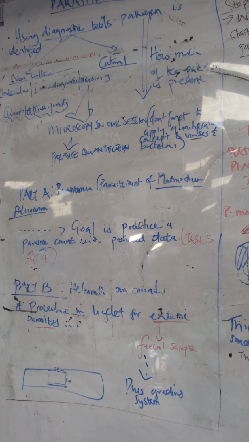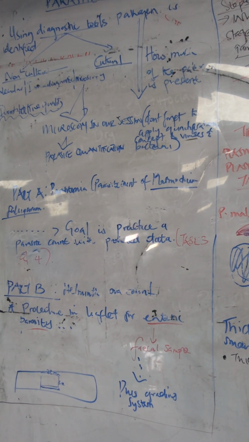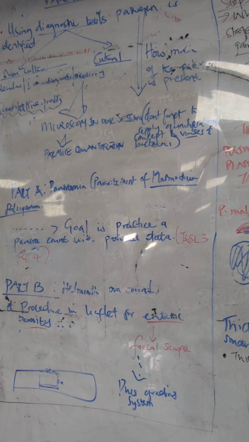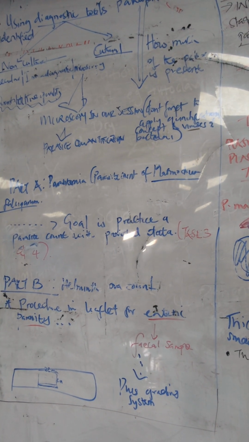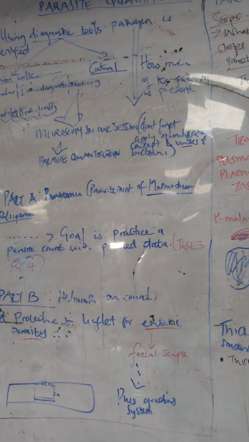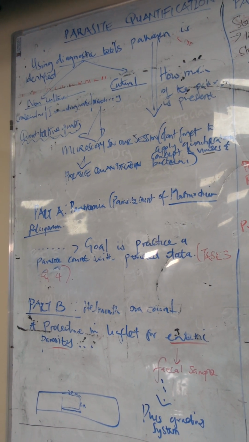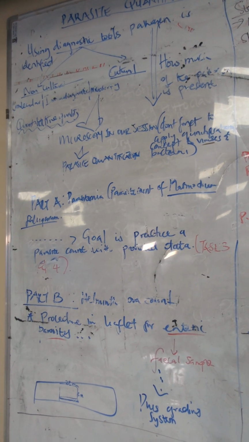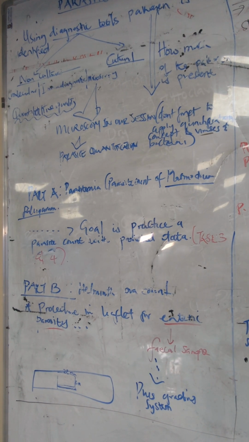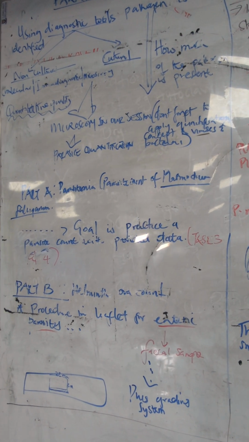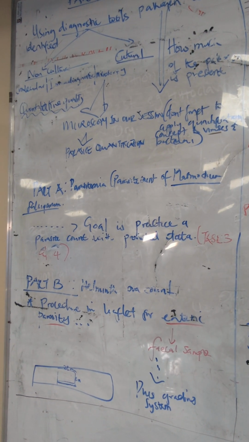But part A, that's the heart of it. Part A being an actual quantification of Plasmodium falciparum, the parasitemia. So part A, the goal of it all, as you saw under tasks 3 and 4, is to practice an actual quantification with